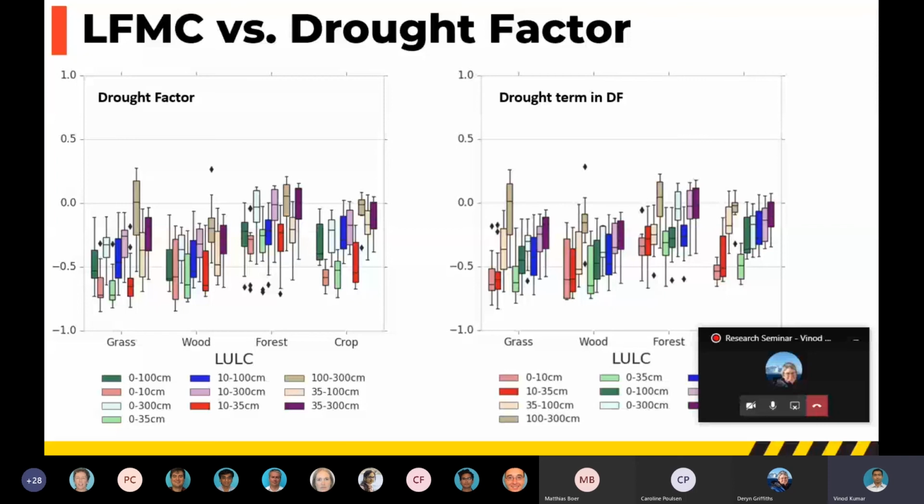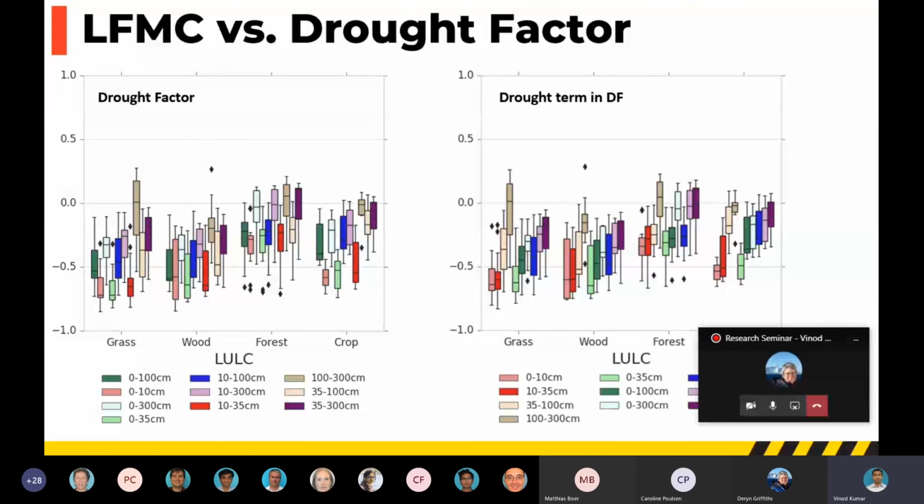So this is basically a minimum-maximum approach where you rescale your soil moisture by finding the minimum and maximum of the time series, and then rescale it to the soil moisture deficit scale required by the drought factor, which is from 0 to 200. So 0 means very saturated soil, and 200 means very dry soil. And again, the color bars show different soil profiles that you could derive from JASMIN.